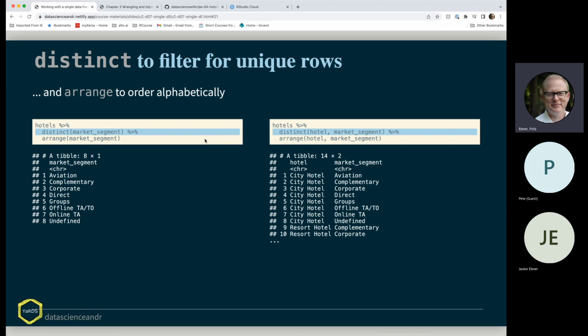And so if you pipe hotels into distinct, and then you pipe it to arrange, you get a tibble with one variable that has all of the market segments arranged in alphabetical order from A to Z. And then